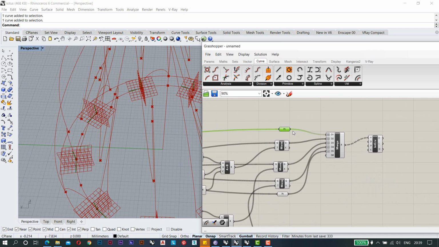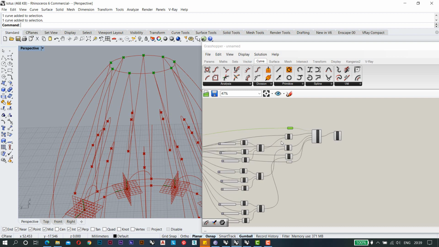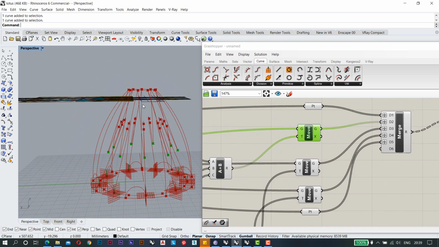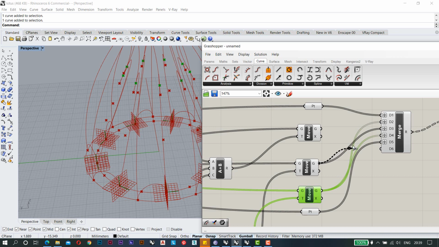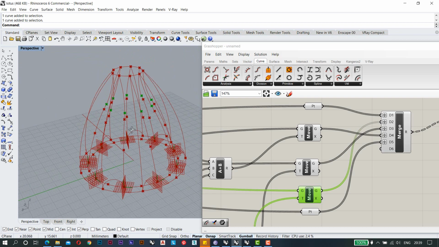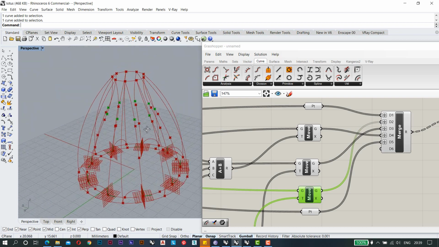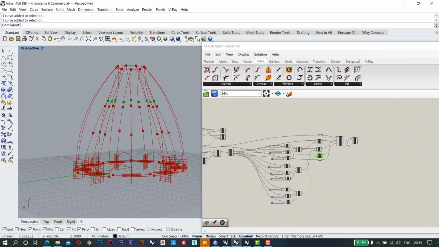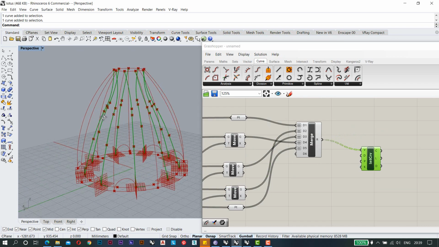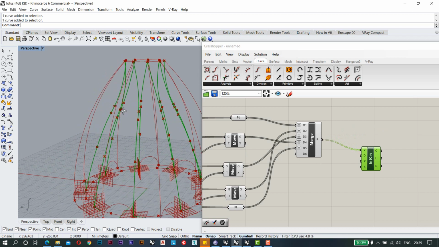I think there is some mistake here. Points on the top. This point is at the bottom. Okay. So actually we need to shuffle these points. So this is this one and this is this one. So basically this will go here and this will stay there only, and this will go here. So this is how it is going to be. So now you can see we have set these arcs, but we need to do a little bit of work on it because they're not coming out as perfect as I expected.